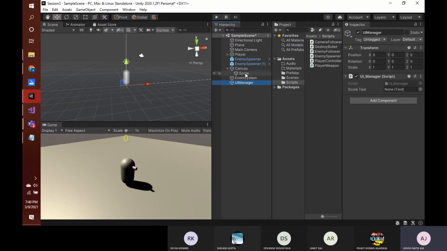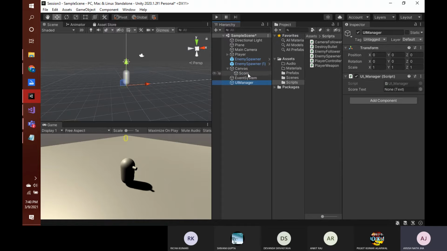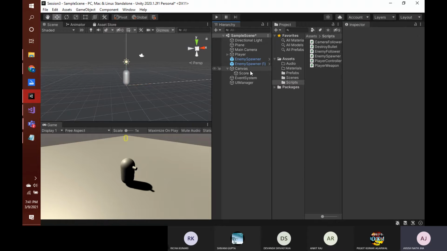So here in this score game object, we have our text component, so it wants to use that, right? So we will simply use this score, left click on this and drag it out of here, and drop it here on this public variable, to assign this score text value for the text component of our score element. Now I guess we are all set, and if we try to play,